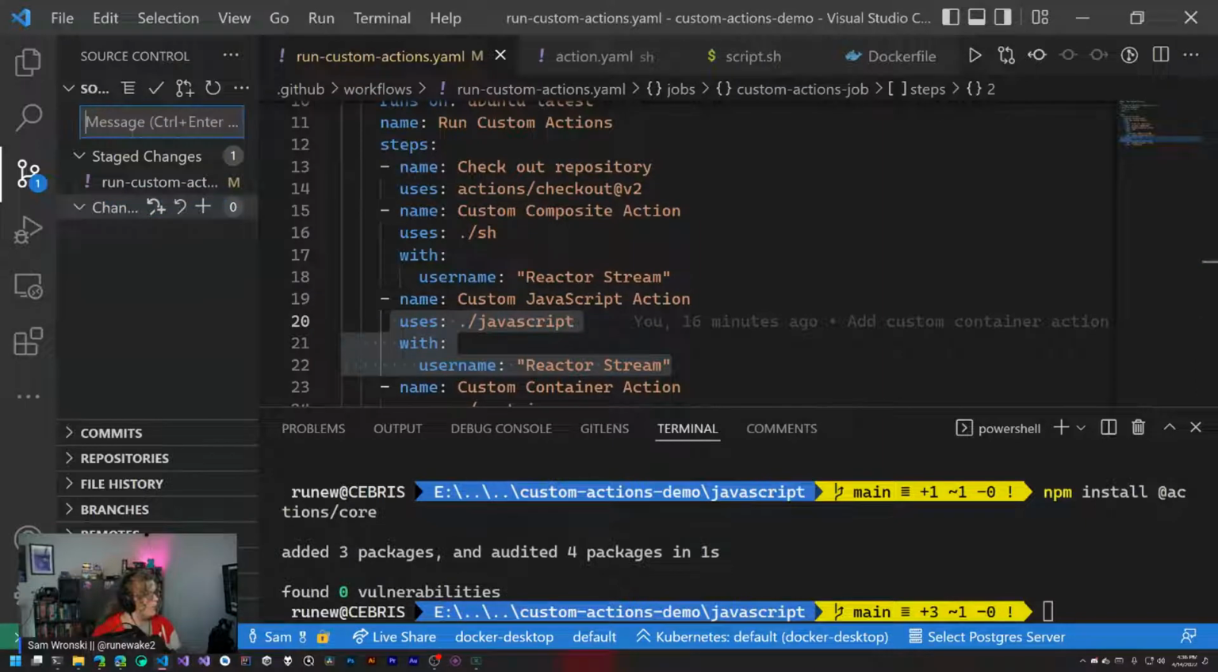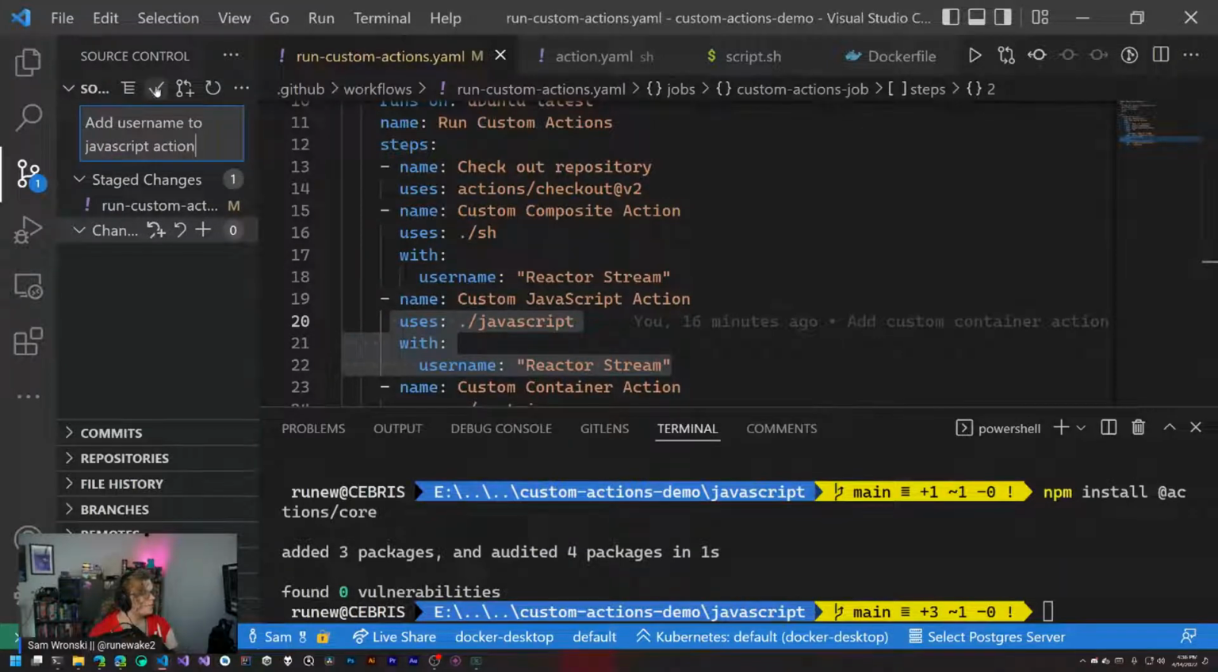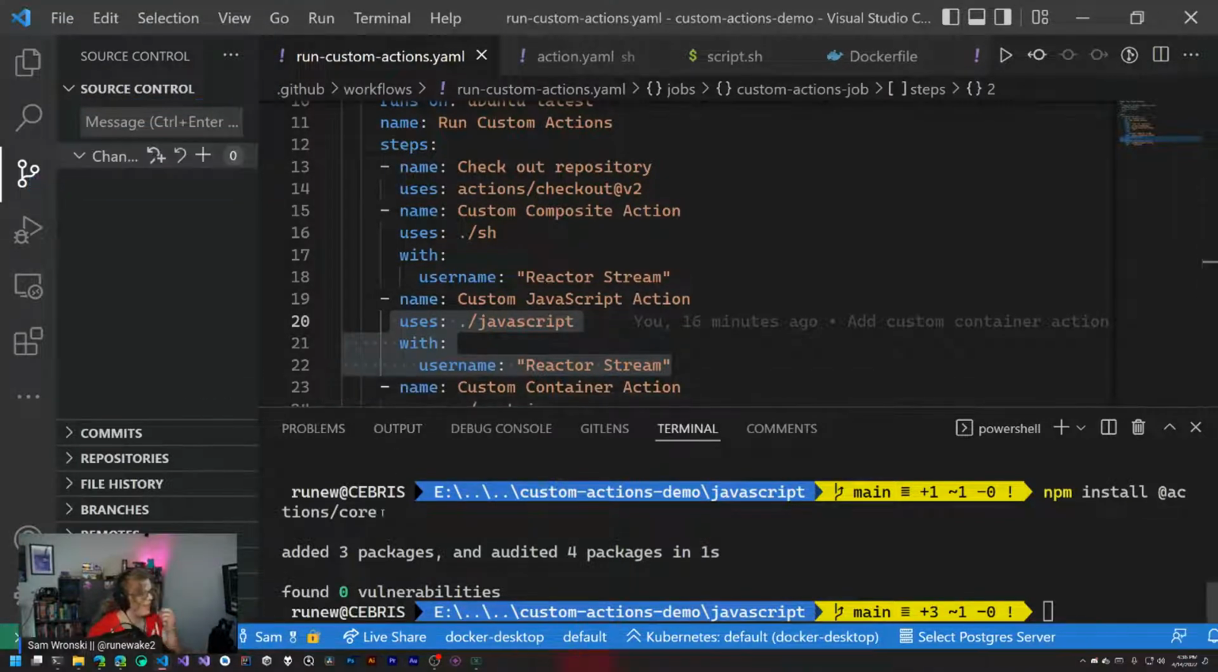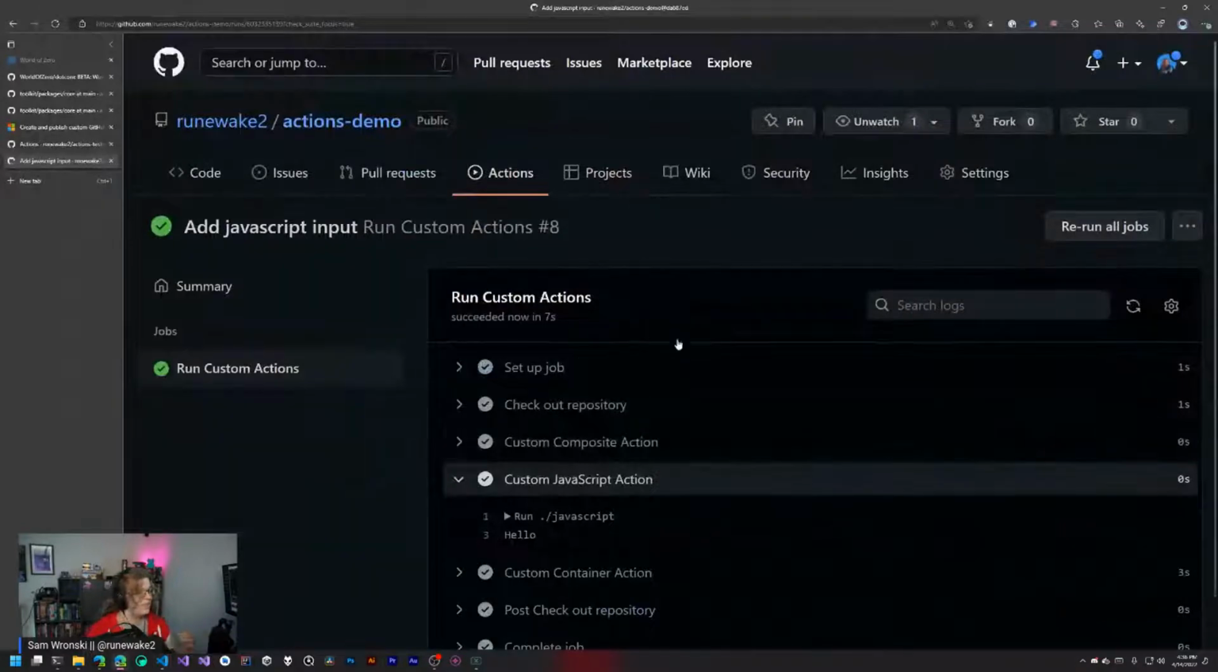And then if we run this, we can do add username to JavaScript action. And then we can run this, and that should go off. And then the next thing we're going to do is take a look at